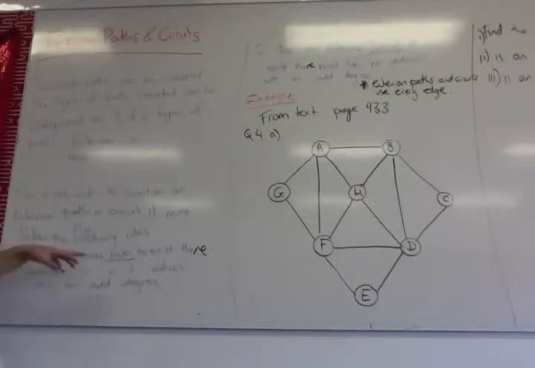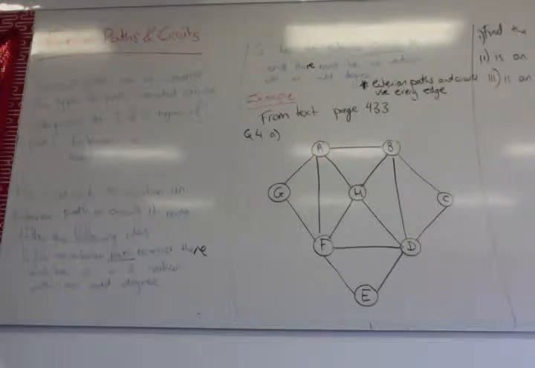But focusing on the Eulerian, for an Eulerian path or circuit to work, there must be the following rules. For an Eulerian path to exist, there must be 0 or 2 vertices with an odd degree. Okay? So that means when you look at the vertex, what's the degree of that vertex? If it's an odd number, so 1, 3, 5, 7, yada yada yada, you can only have 0 of those or 2 of those in a network for an Eulerian path to exist. If you have one vertex that is odd, but all the rest are even, then you cannot have an Eulerian